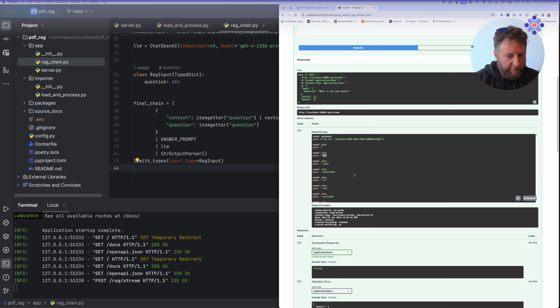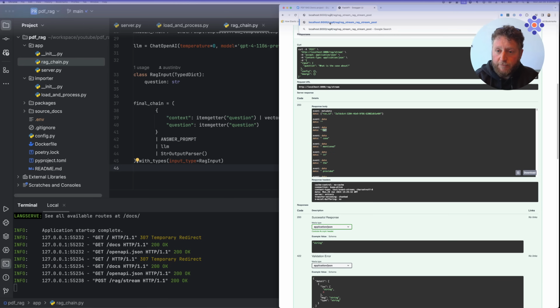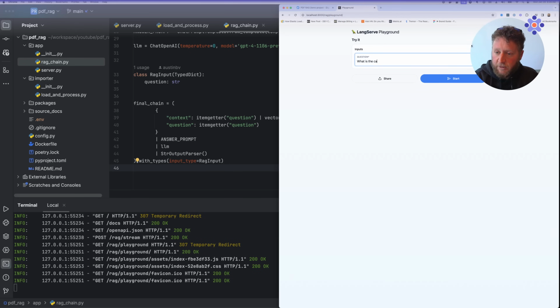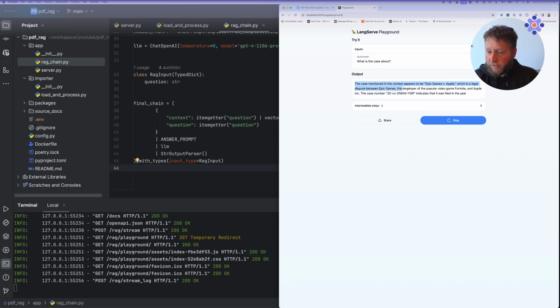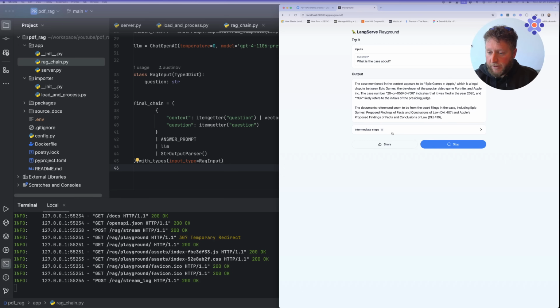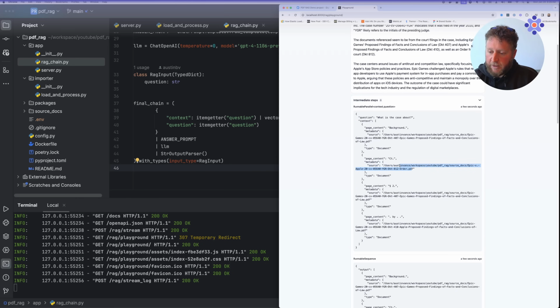So that's fine for maybe a command line application, or if we had a specific endpoint we want to send that down. But I actually also want source material to get sent down to my front end, along with some other metadata. And when I say source material, I mean, if we go and look at the actual intermediate steps that are happening here, and we can do that in the playground, if we go and look at that in the playground and we say, what is the case about? Even though we're streaming these tokens, as you would kind of expect, we have these intermediate steps where we're getting documents. And if you notice, those documents point to a path on my computer that the document was sourced from,